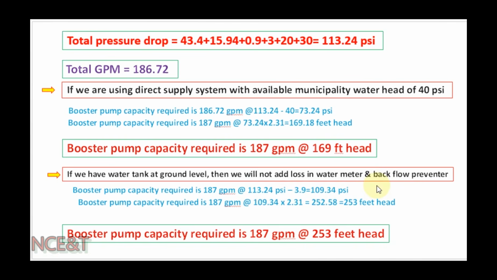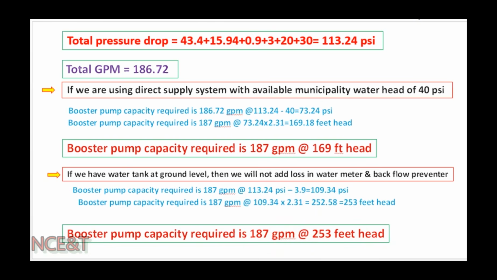If we need to convert this pressure loss into water head, we multiply this value by 2.31, and we get the result 252.58, or we can take it as 253 feet of water head. So we need to select a booster pump with a capacity of 187 GPM with a water head of 253